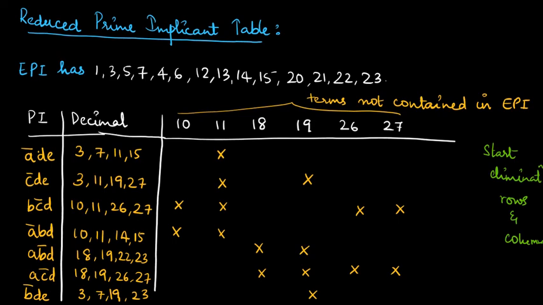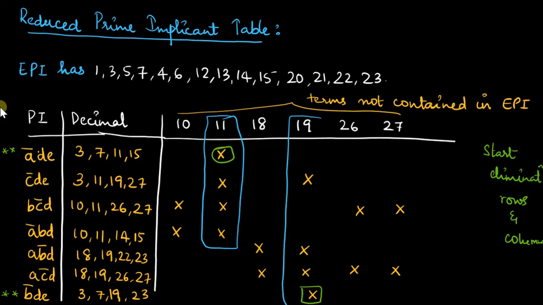First we will identify which are the ones which are having a single X. So you can see that for the prime implicants which are having a single X, the corresponding row or prime implicant is marked as a dominant prime implicant with a double star, and the corresponding column has been blocked. And I am going to strike out the entire row, that is the dominant prime implicant, just to indicate that it has been eliminated.